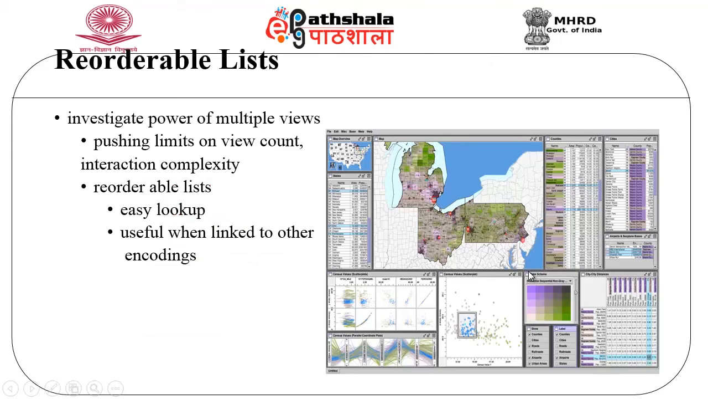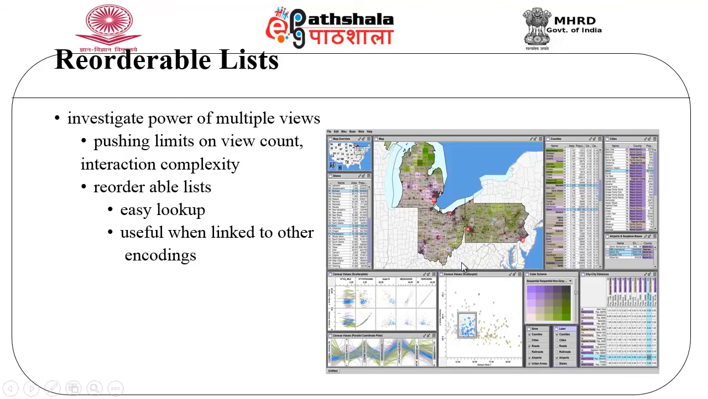The next example is the reorderable list. Here we try to investigate the power of multiple views as such. We try to push the limits on the view count as well as on the interaction complexity. We try to reorder the list. In the case of a reorderable list, there is an easy lookup, and it is useful when linked to other encoding